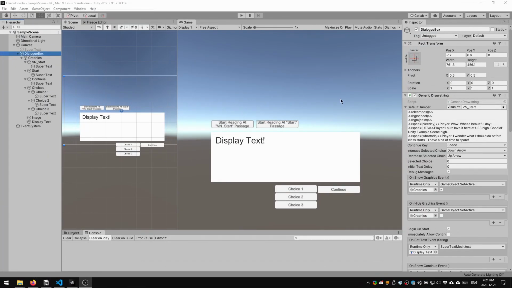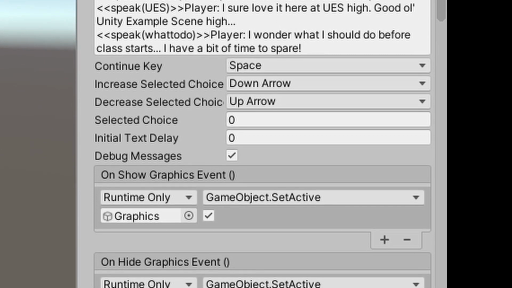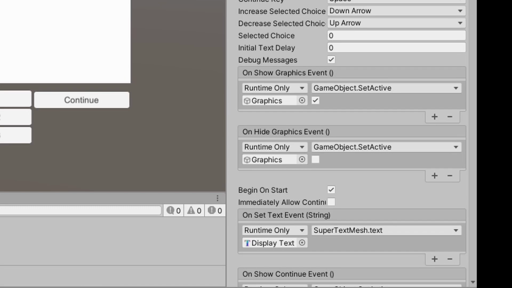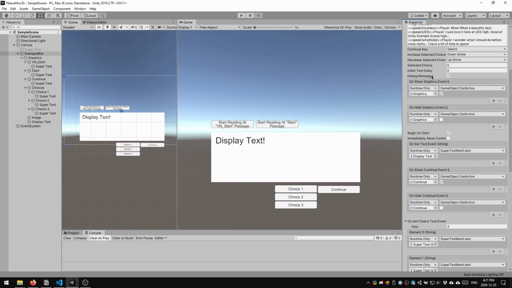Next up are drawstrings, which control dialog boxes. Here I've gone ahead and assembled a really simple dialog box and attached the generic drawstring component to it. The generic drawstring component has many parameters that can be modified to work with whatever you want to do with your game's dialog boxes. Similar to jumpers, there's a starting passage that you can select that'll be used if begin on start is true. Most of the Unity events here are used to show and hide parts of the dialog